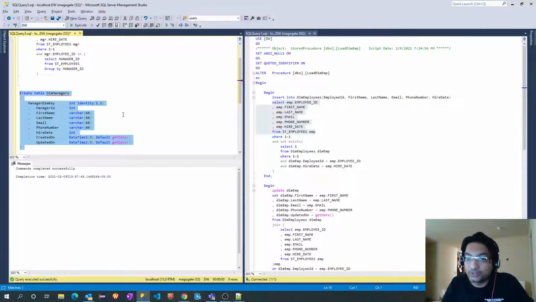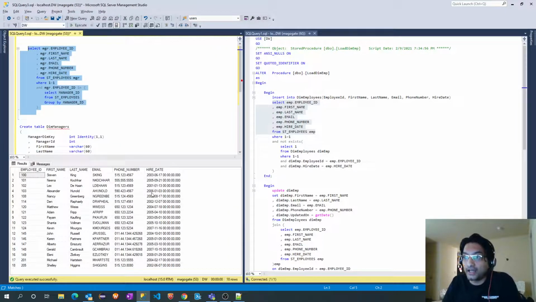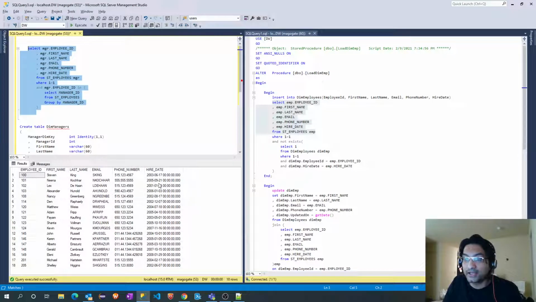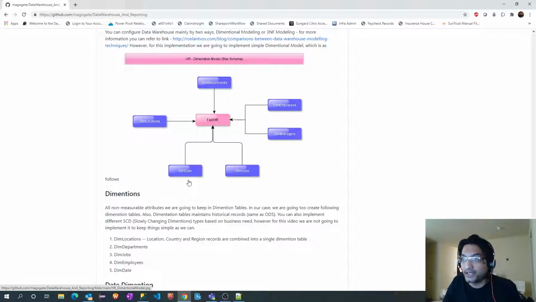Now one more thing is, as I said, hire date I have kept as integer. Why is that? If I run this query right now, hire date is the exact date in a date format, so it is readable. But when we are joining, eventually hire date from the employees dimension and hire date from the manager dimension will go into the fact table. That will act as a key. While joining that with the date dimension, if I keep this hire date as is, it will still work. But it is better to join on an int data type instead of a date data type. That's the sole purpose.